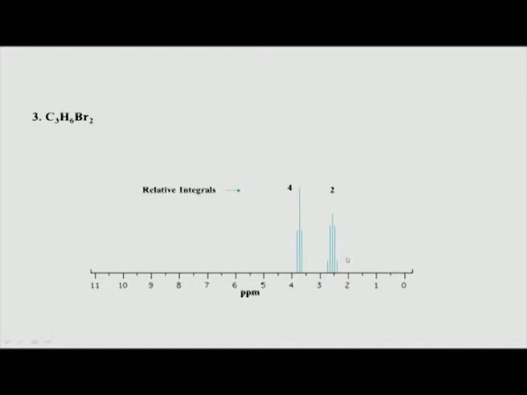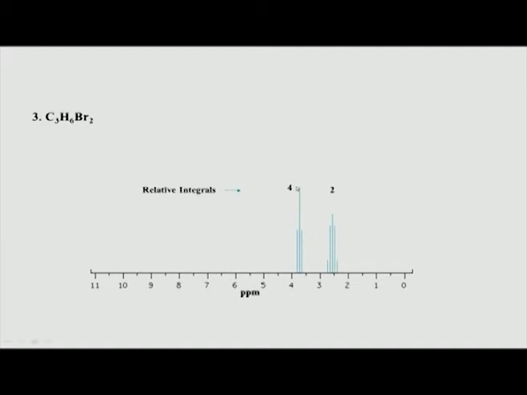Again remember, if you have a bromine attached to a hydrogen, because of the inductive effect, any hydrogen attached to a carbon which is attached to a bromine will be downfield shifted. If you recollect the slide where we saw the general ranges of chemical shift values, if CCl, CBr or CI, a halogen compound typically comes somewhere between 3 to 4 ppm for that proton which is attached to that carbon.